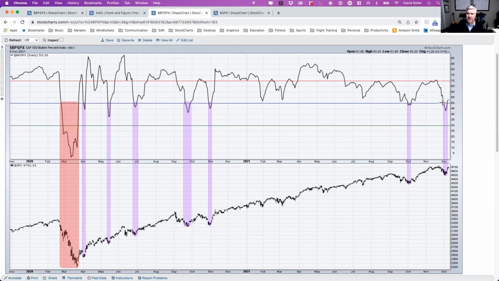Now let's look at the times when the Bullish Percent Index has gone below 50. That happened here recently, right at the end of November, right after the Thanksgiving holiday. And then it went back above there just again this week. Looking at when it went below 50%, I've highlighted in purple the 6 previous times where that's occurred. And you can see that every one of those times, it's been one of these really buyable dips since the